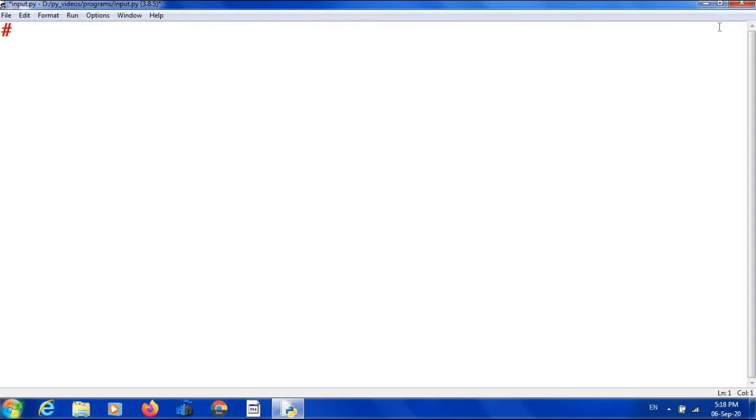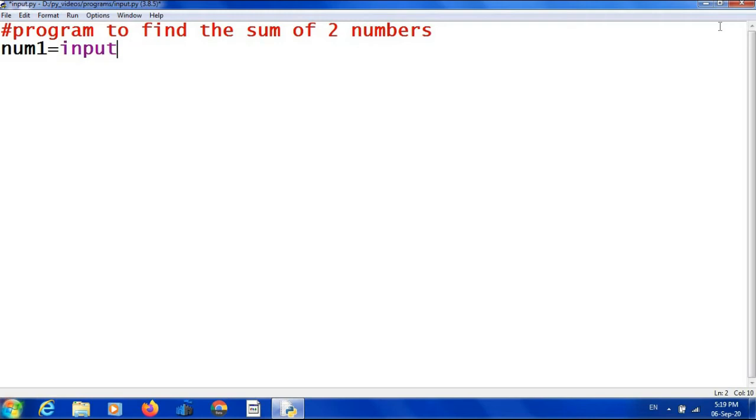Next, I am going to write a program to find the sum of two numbers. For that, first I have to accept that two values from the user. My first number I am going to store in num1 equal to input first num, num2 my second number, input second number.